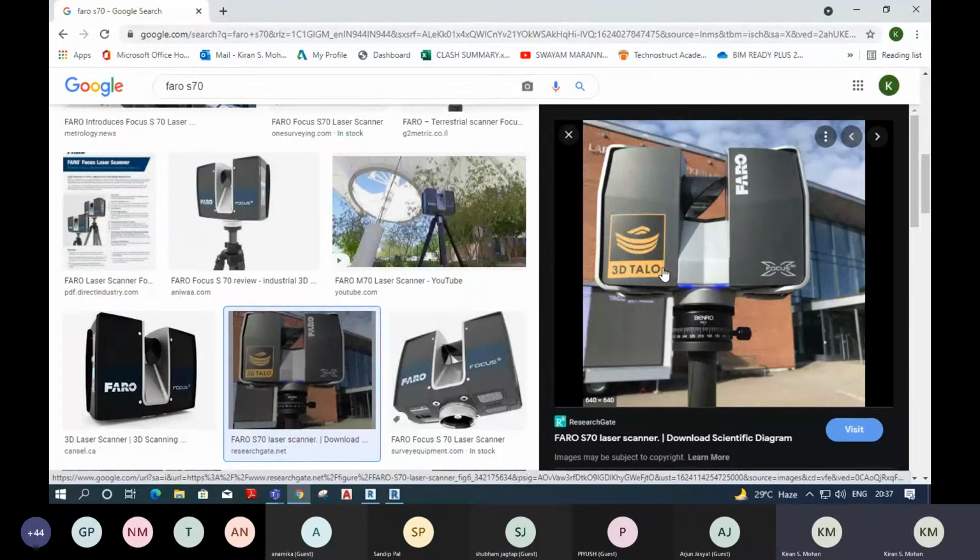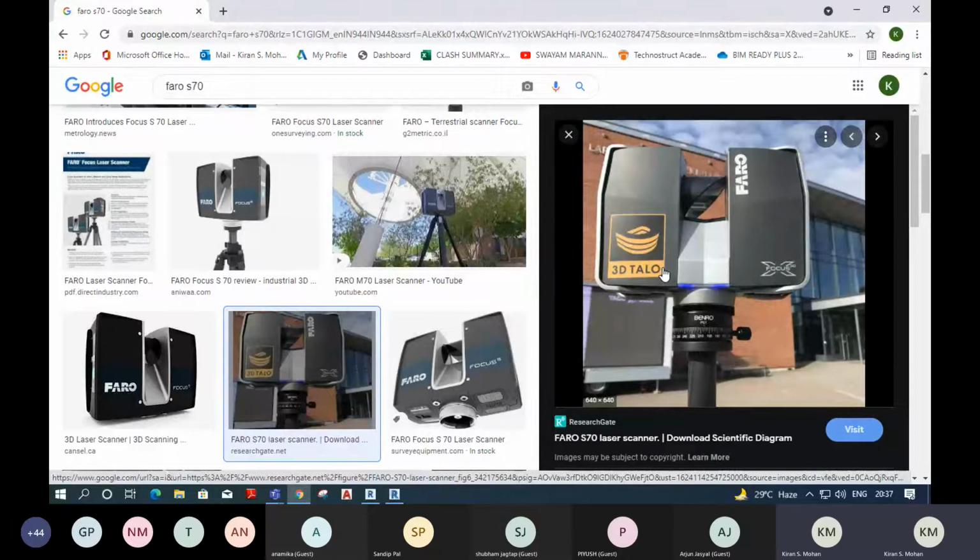So these are the three uses of this point cloud scanning or point cloud data. And the fourth use is we can use it for roads, bridges, and infrastructure projects. So in infrastructure projects also we can use this equipment for scanning. So these are the general uses of this equipment. And in some companies, they are using this to scan the deserts, forests, for use in films. Like when they produce the VFX graphics for a particular film, they can use the data from this equipment. So that is also an application of this.